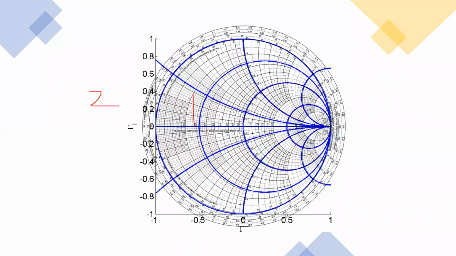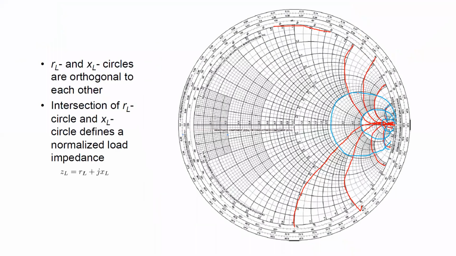So what happens is this half gives you the inductive reactance component and this half gives you the capacitive reactance component. If this is the line, it indicates that there is no reactive component. So this is the Smith chart in which you have the constant R circles and constant reactance circles which are associated. So that is what I have specified.